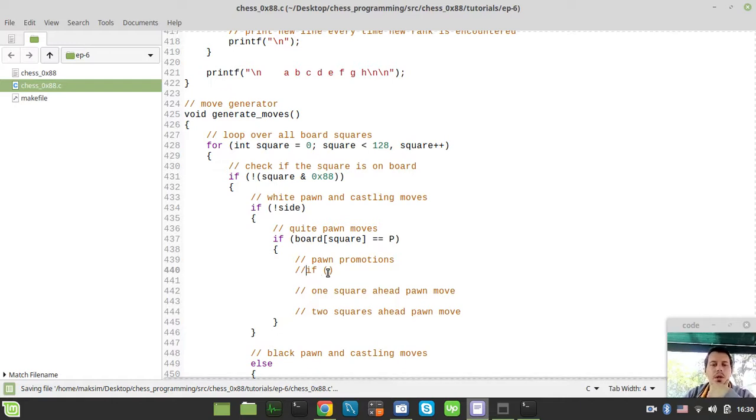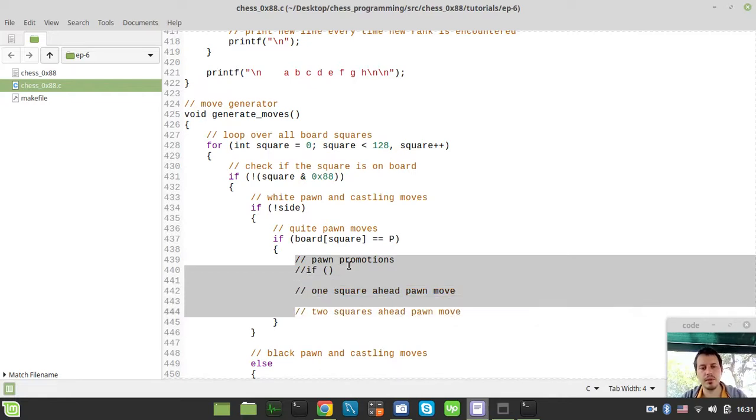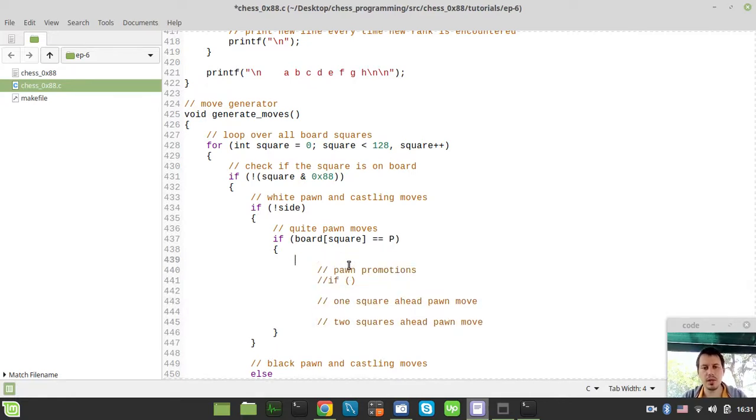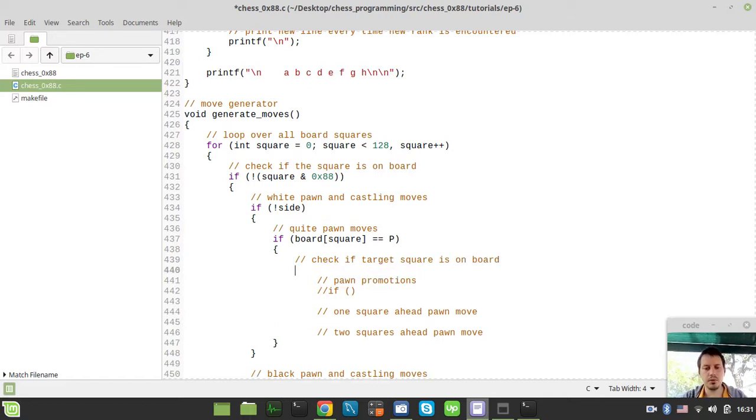So pawn promotions, and I forgot one little thing here. Before specifying this, we also need to make sure that the target square is actually supposed to be on board. So check if target square is on board. In order to do this, we need to say if, and we need to say square